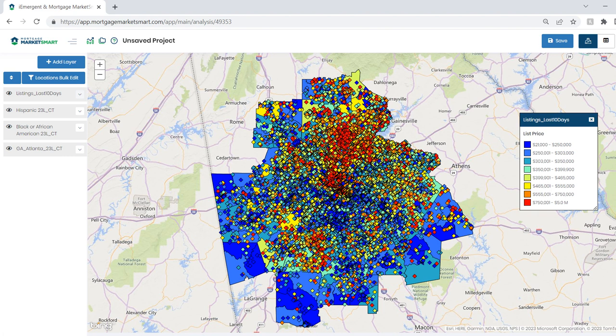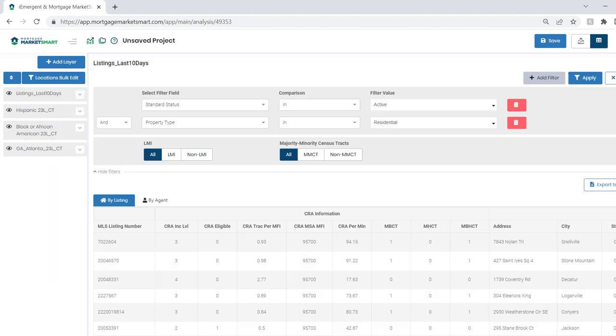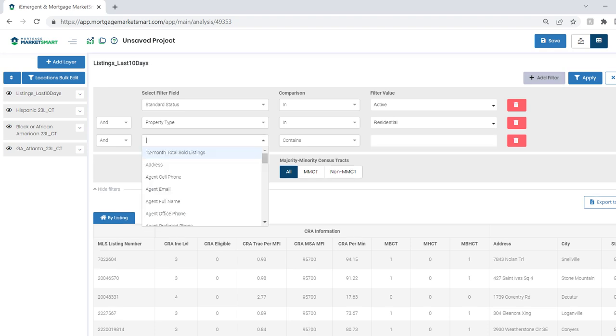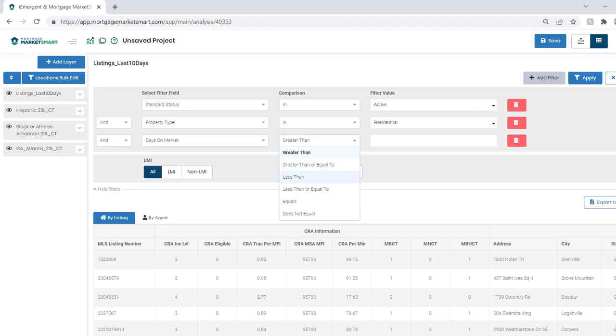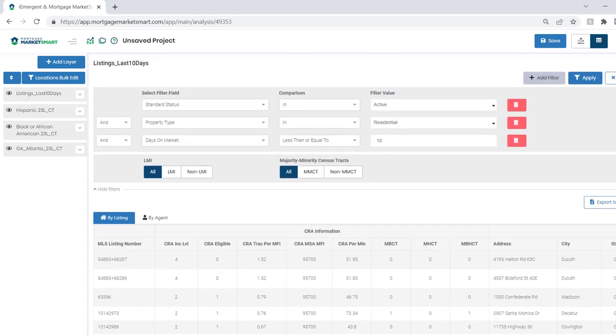So I'm going to click on the down arrow, hit View Data, and from here I am going to go to Add Filter, and I'm going to look at Days on Market and select that, and then in the comparison box I'm going to say less than or equal to 10 and hit apply, and you'll notice that we go from 30,000 listings down to 1,912 listed in the past week. I'm going to return to my map, by clicking this map icon,